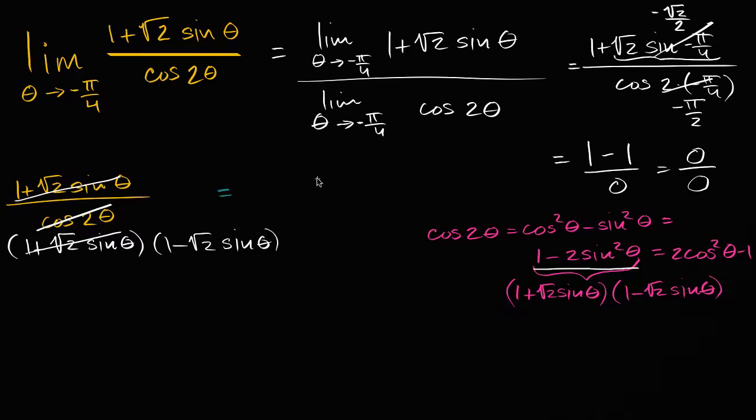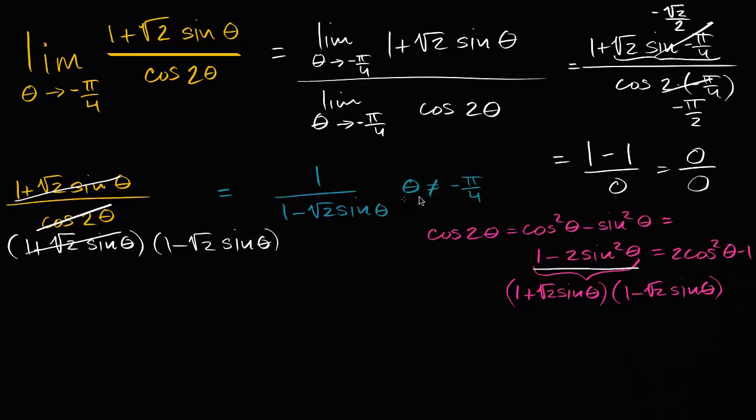This is going to be equal to, in the numerator we just have 1, in the denominator we are left with 1 minus square root of 2 sine theta. And if we want these expressions to truly be equal, if you view them as function definitions, they need to have the same domain. So this one right over here, we already saw is not defined at theta equals negative pi over 4. And so in order for these to be equivalent, we have to say that this one is also not. And actually other places, but let's just say theta does not equal negative